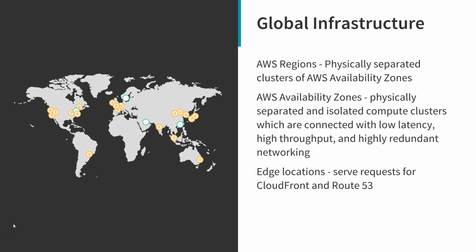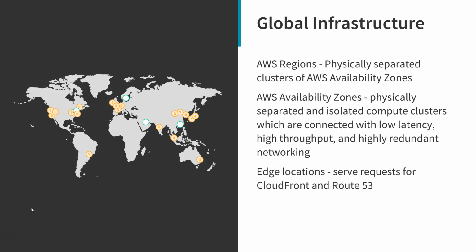And what that means for you is high availability and fault tolerance, because if anything were to happen in any of those single regions, your application or your service would still be good to go because you're deployed across multiple availability zones. And then just as a quick reference, there's also edge locations, which are locations around the world that